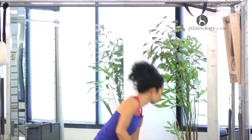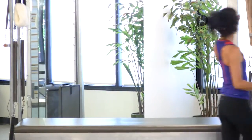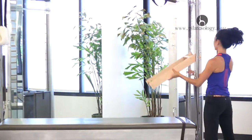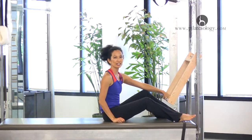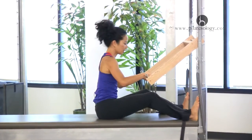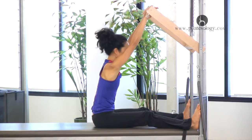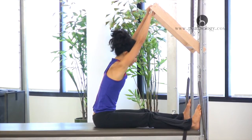Okay? So let's take all of those and put them together into the push through, so you can see how the reach in the back changes with the shape of the body. For the purposes of this exercise, I'm going to do this first without the spring so that I can really focus on the shapes in my body and the length in my back. So I'm going to reach from my sides, from my hips, all the way up into the pole as if I'm hanging from it. I'm reaching so much